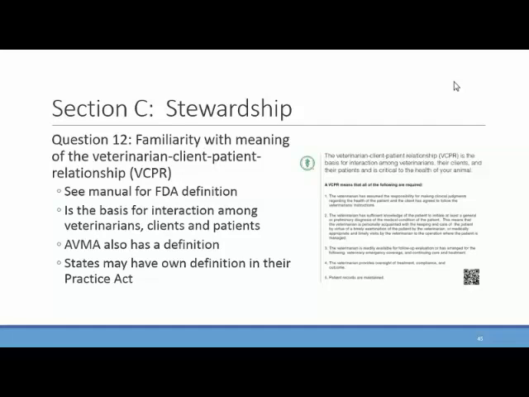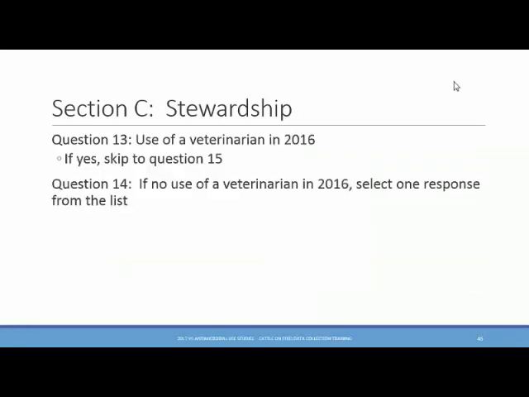And so the first question we have is, again, familiarity. Is the producer familiar with the VCPR? Further down, we will have questions specifically regarding the VCPR, but this one is just their familiarity with it. So question 13 is related to use of a veterinarian in 2016, and that is, did the feedlot use